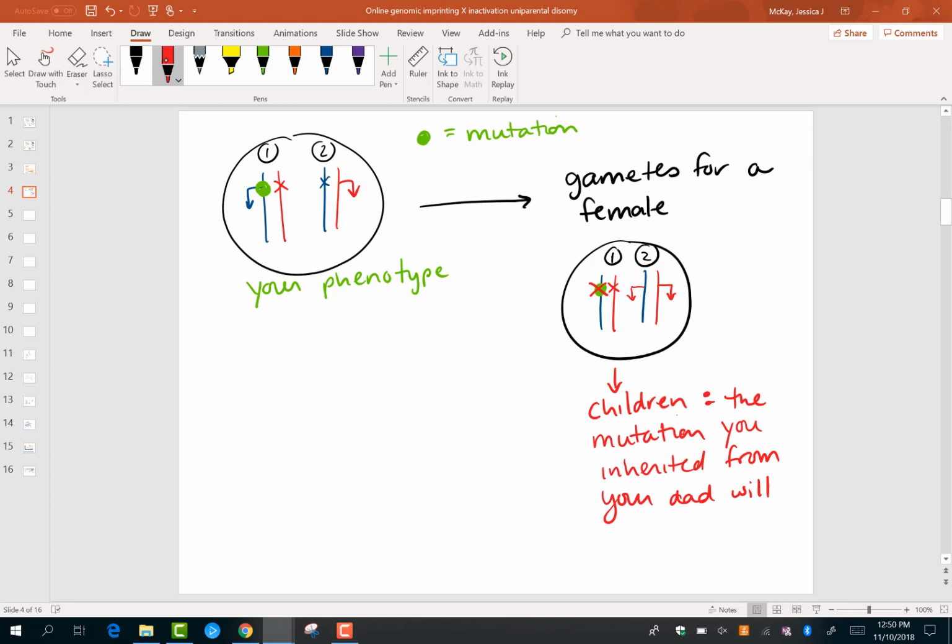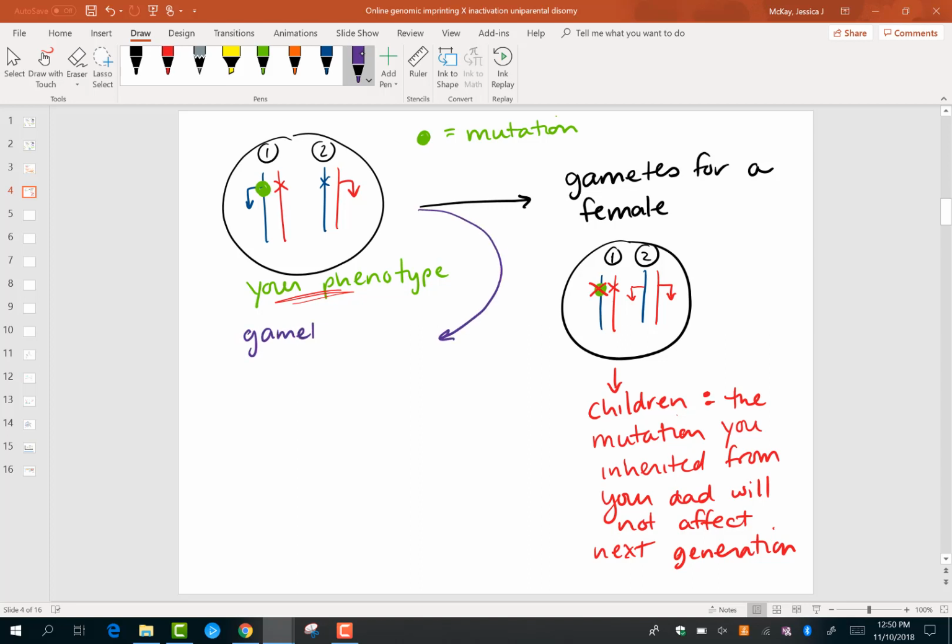The mutation you inherited from your dad will not affect the next generation because it's off. Right? So you expressed the phenotype because the mutation was on in your DNA, but in your children's, that mutation is turned off anyways due to genomic imprinting. Now, on the other hand,